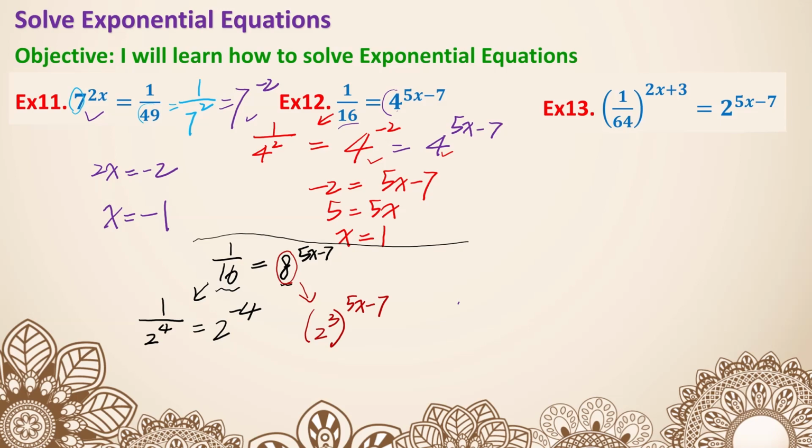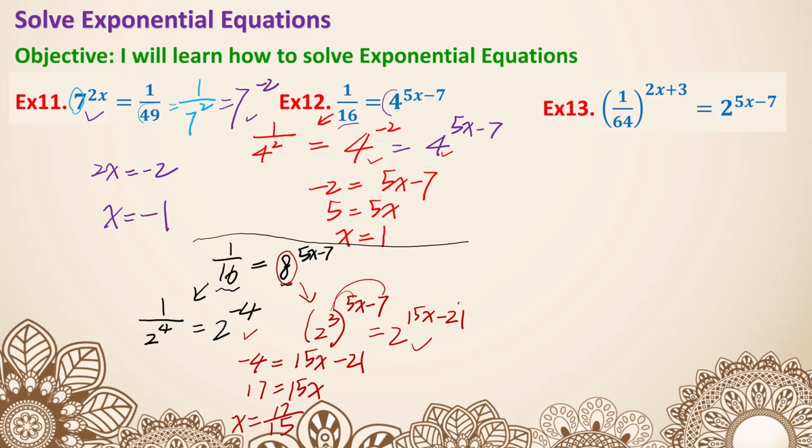So let's simplify it. The 3 again is actually being multiplied with the whole thing of 5x minus 7. So in fact, that's distribution. 3 times 5x is 15x. 3 times negative 7 is a minus 21. Now they are the same base. So negative 4 equals 15x minus 21. Add the 21 over. 17 equals 15x. So x equals 17 over 15. So this is the one where one number can't be rewritten as another, then you have to rewrite both numbers